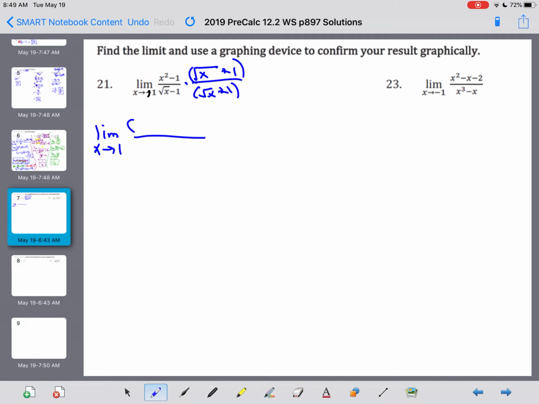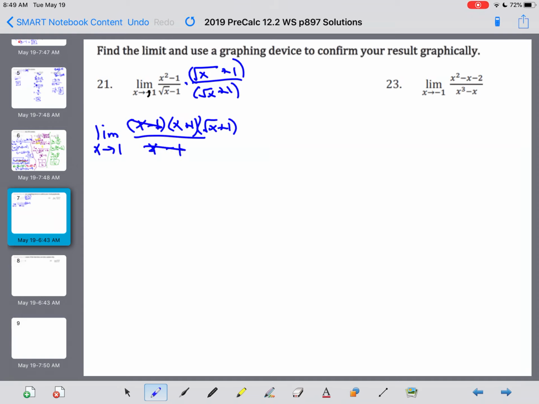And in the top I can FOIL that. I got the difference of squares here. And now I got this root x plus 1 thrown in there too. Now on the bottom, when I FOIL this out, I get x minus 1, middle terms drop off,